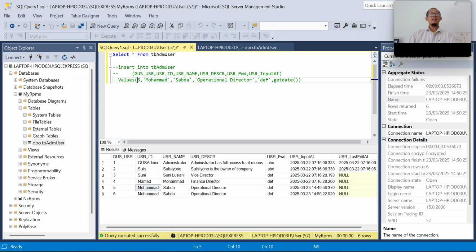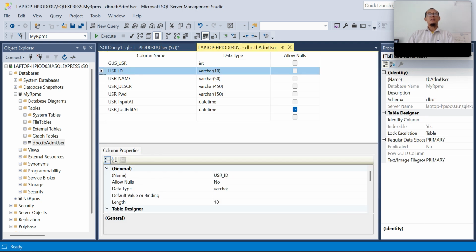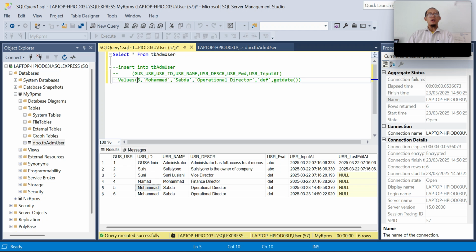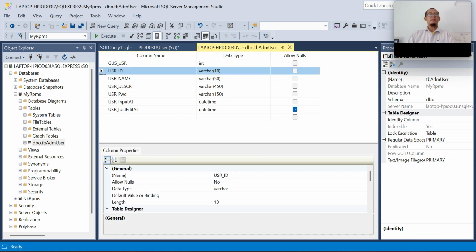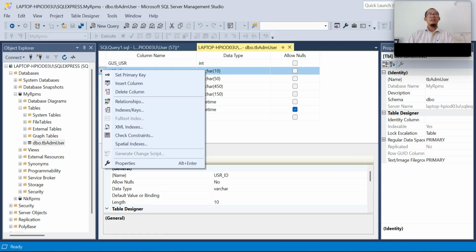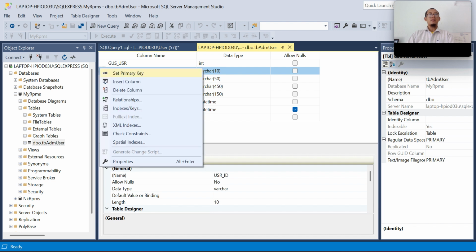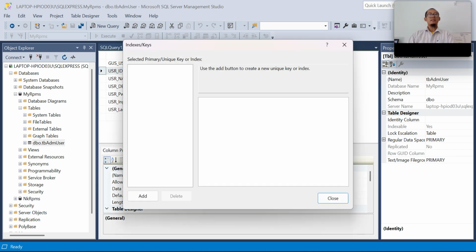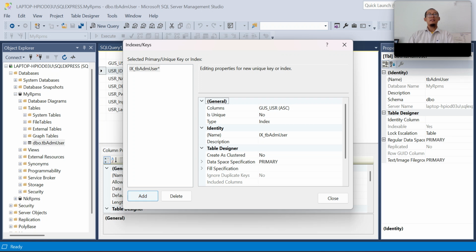I will create a unique key, but we will see that the creation process will fail because we already have a duplicate value for user ID Muhammad. Okay, right click on the table and then click indexes or keys, click the add button.